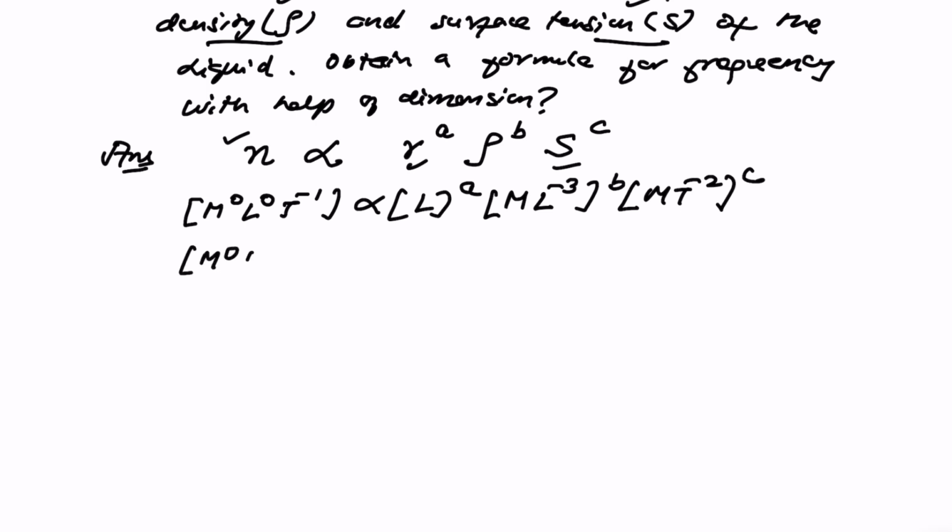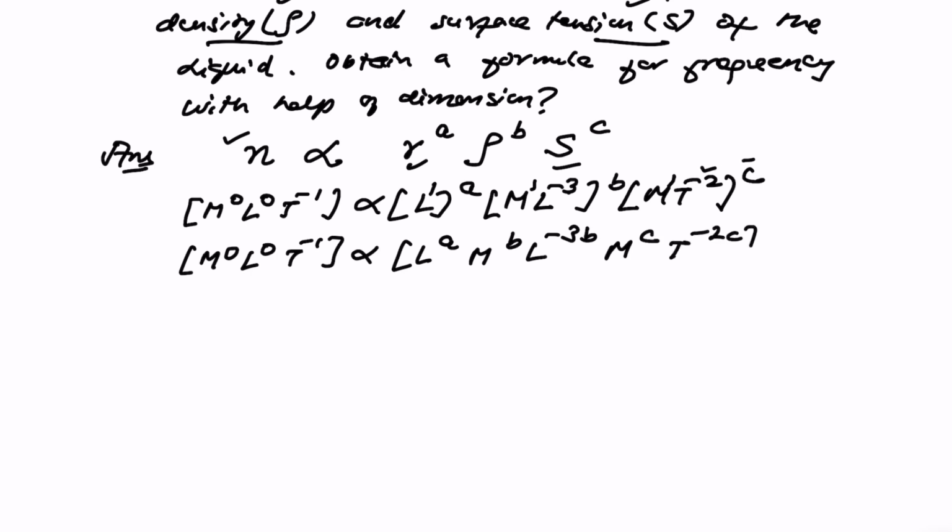अब थर्ड स्टेप में हम लोग क्या करते हैं, थर्ड स्टेप में जो भी राइट हैंड साइड है उसको एक्सपेंड कर लेते हैं। n की पावर 1 है तो 1 इंटू a, L 1 इंटू a हो गया a। n की पावर यहाँ 1 है, यहाँ b है तो M की पावर b। L की पावर -3 इंटू b हो गया तो -3b। M की पावर यहाँ 1 है, यहाँ c है तो 1 इंटू c कितना हो गया c। T की पावर -2 इंटू c कितना हो जाएगा -2c। तो हमने राइट हैंड साइड को एक्सपेंड कर लिया।